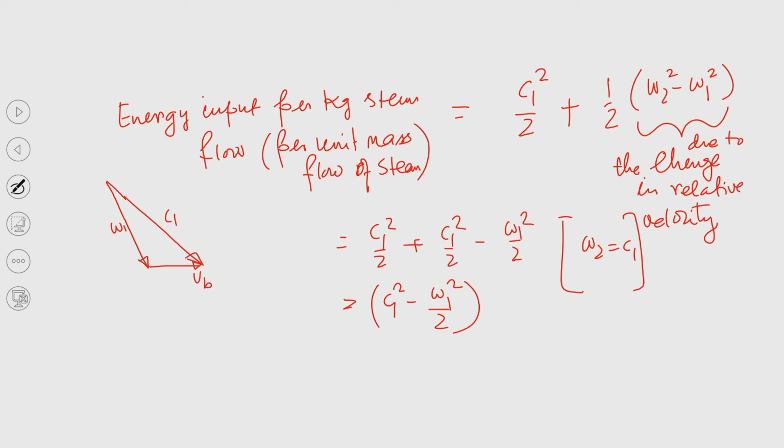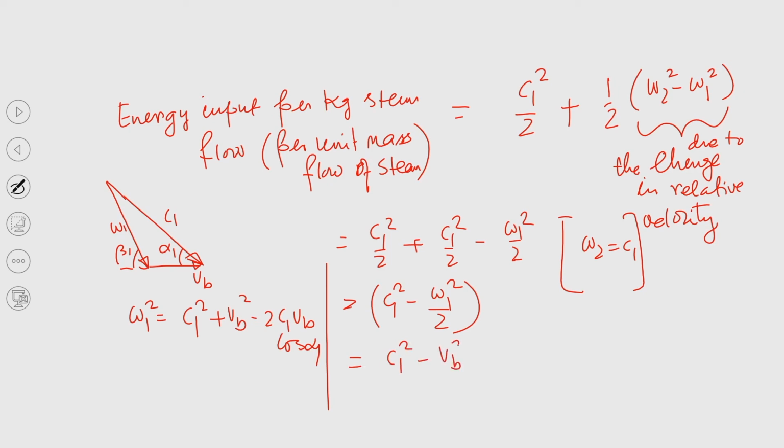And this is Vb, and this angle is alpha 1, this angle is beta 1. So, can't we write W1 square equal to C1 square plus Vb square minus 2 C1 Vb cos alpha 1. Just the formula of cosine angle we have used. So, if we plug in the value over here, we will be getting, that is C1 square minus